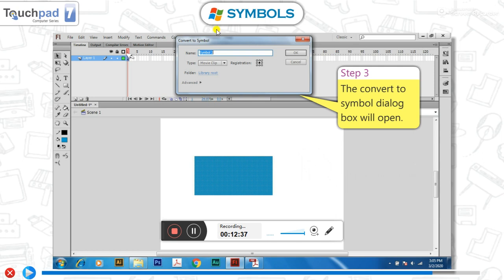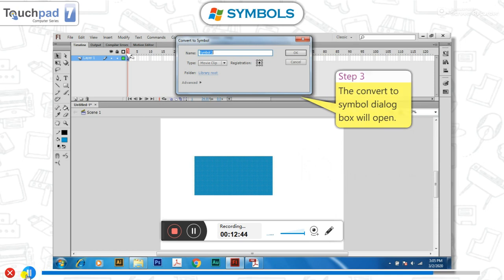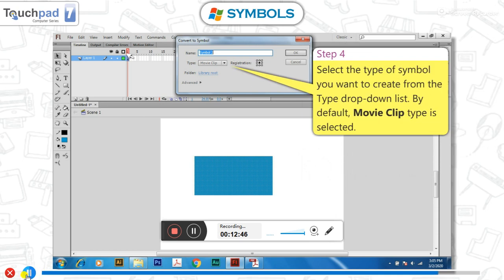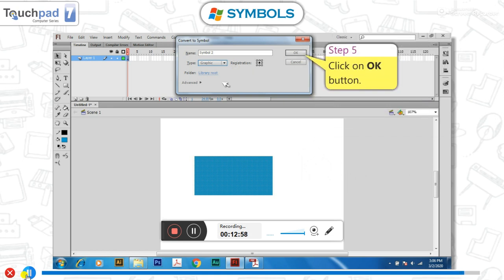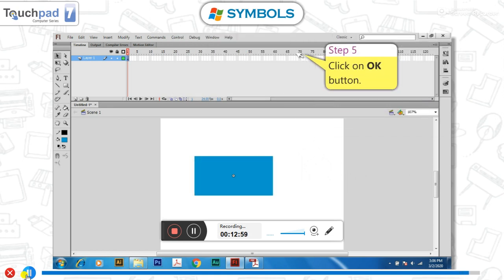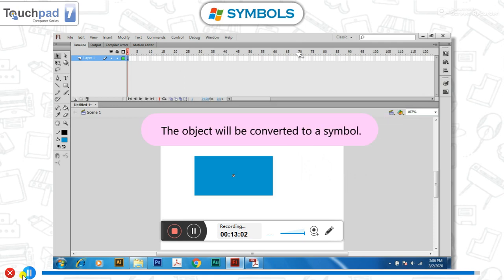Here you have to type the name of the symbol, and again from type you can select movie clip or whatever you want. After that, when you click on the OK button, your object will be converted to a symbol.